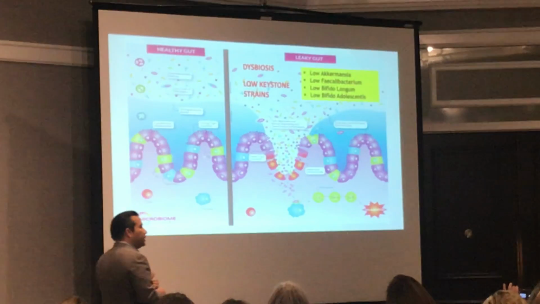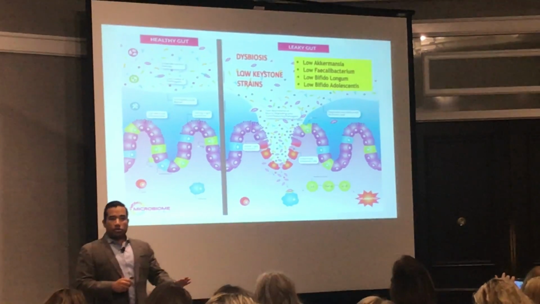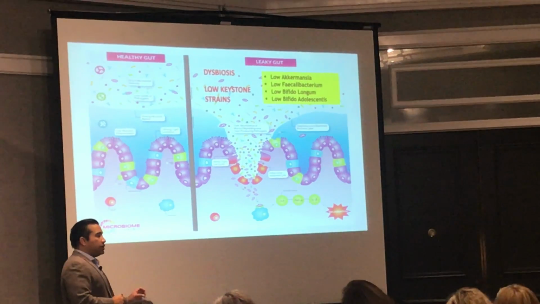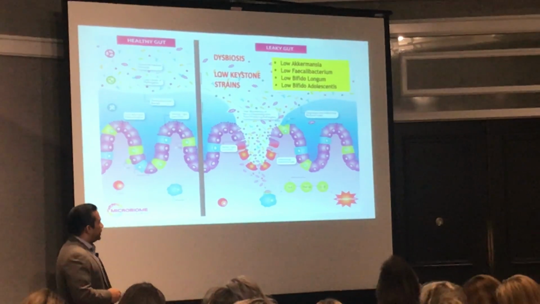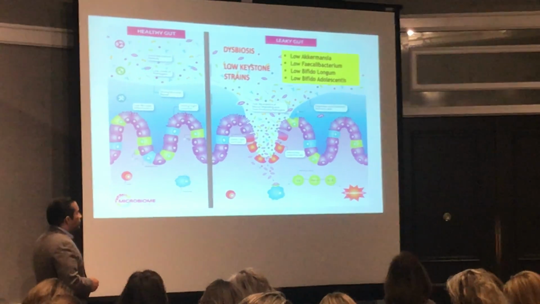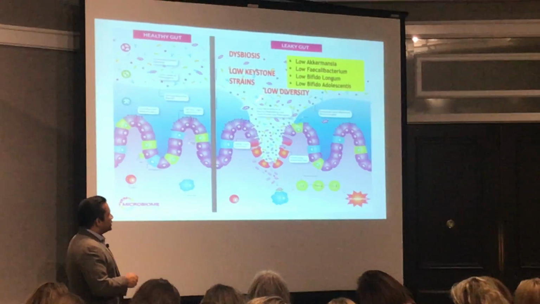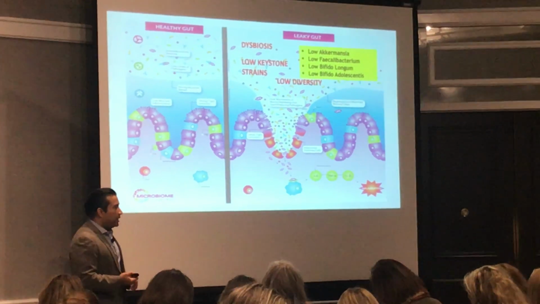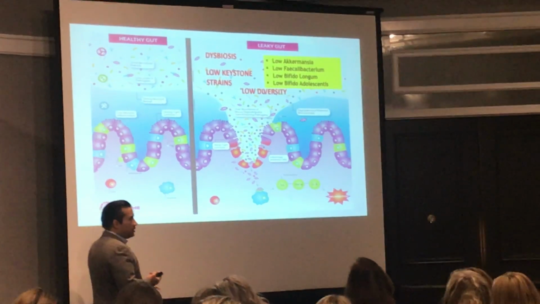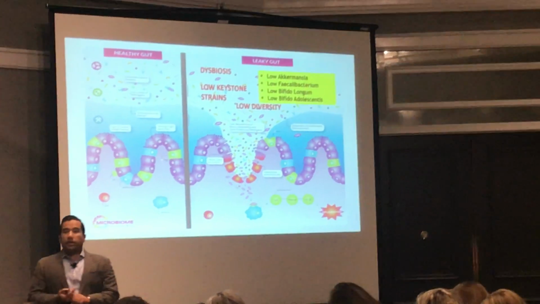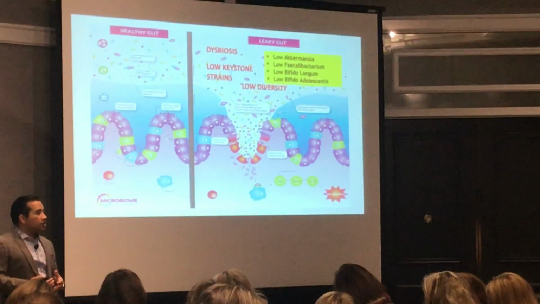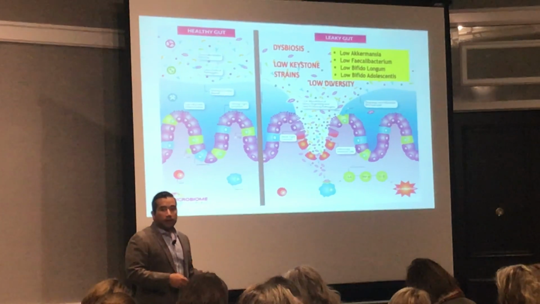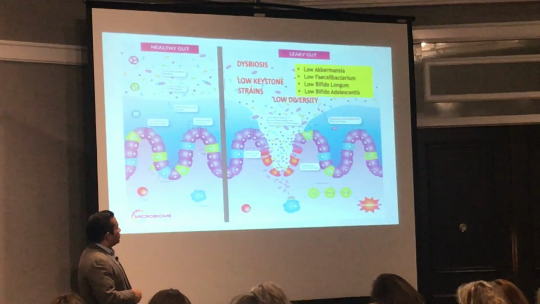So the first feature of a dysfunctional microbiome is low keystone strains. Low keystone strains have a significant correlation and even causation to many chronic illnesses. I'll show you some of that data. Now, when you have low keystone strains, you also end up with low diversity. This is the second and maybe the main feature of a dysfunctional, unhealthy microbiome. Diversity in the microbiome is associated with health, is associated with longevity, is associated with low risk for chronic illness. If you have low diversity, you have an increased risk for all of these conditions, including a lower level of longevity as well. So low keystone strains and low diversity.